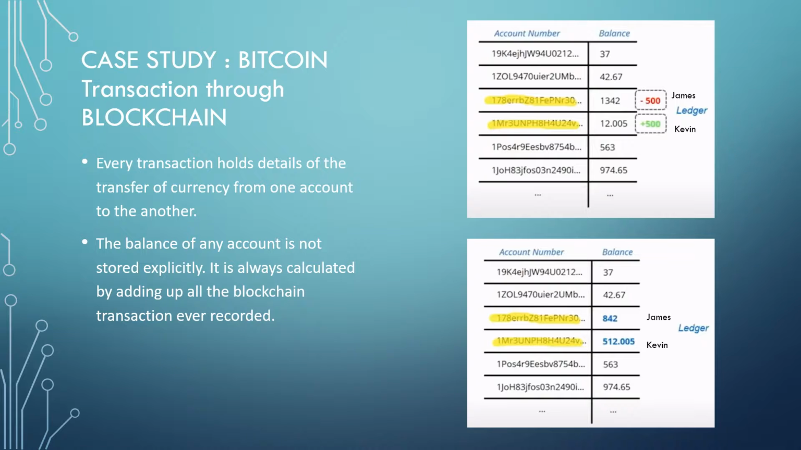Now in this slide we can see the example of a ledger. On the right hand side you can see the account number and the balance. So this is how a ledger looks like. Not exactly this, but this is an example. Okay,